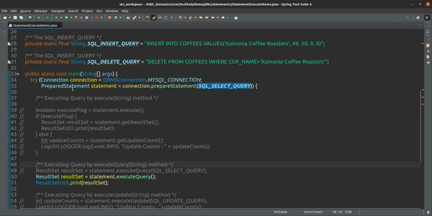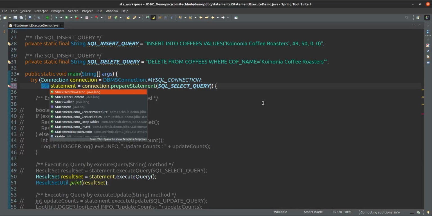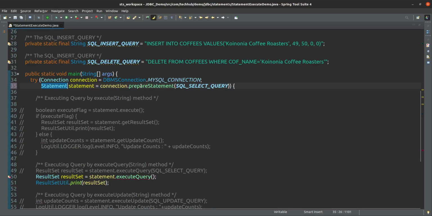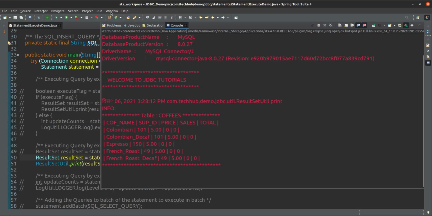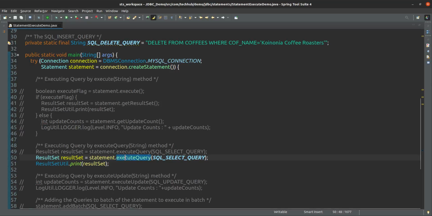So for this we have tried the prepared statement. You can go for statement also. Here just createStatement, that's it. And inside createStatement you should not give this one. Where you have to give this one, you have to give it here. Now it will be fine, because if you are only creating the statement, then while creating the statement you are not giving what should be the query. While executing you have to give the query, so that's why the method is given in this way. So here you can execute this query.